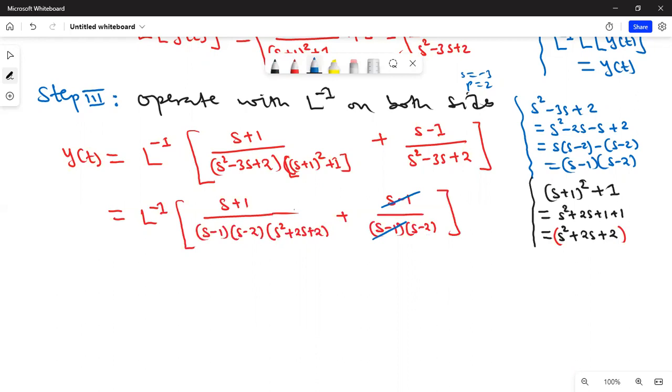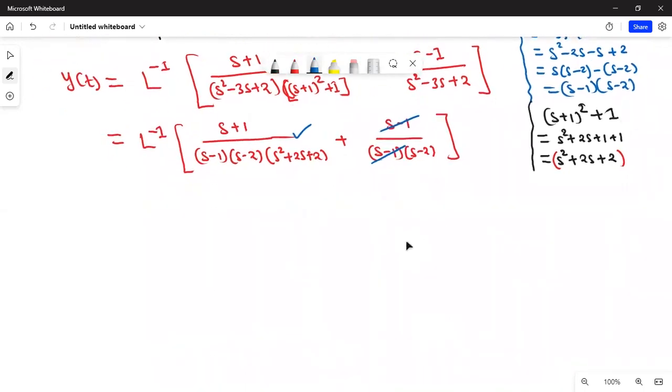Now, what about this first fraction? Look at the denominator. It consists of products of linear factors and a quadratic factor. There are 2 linear factors and a quadratic factor. So that we can use partial fractions to decompose this. So let me write it here so that I create some space. I'm using partial fractions. So let S plus 1 over S minus 1, S minus 2,